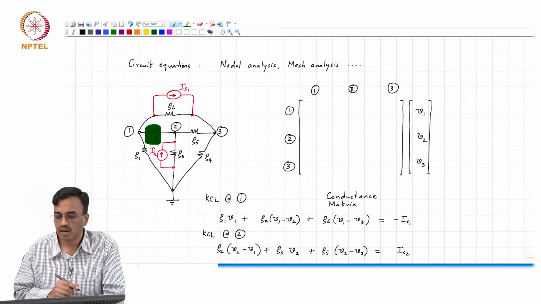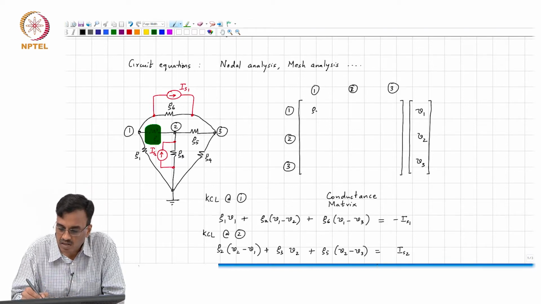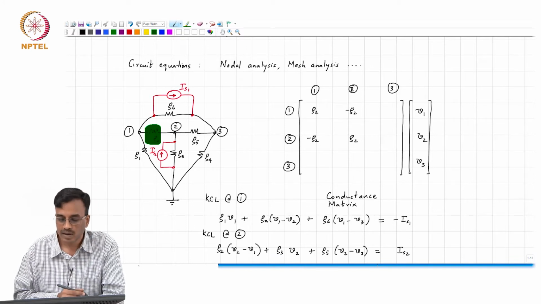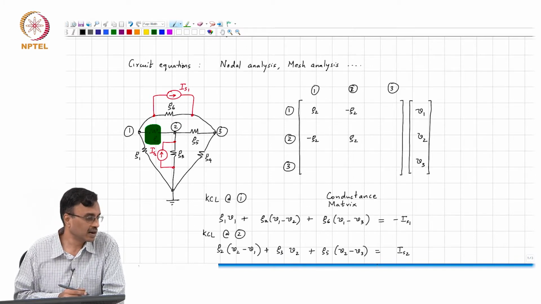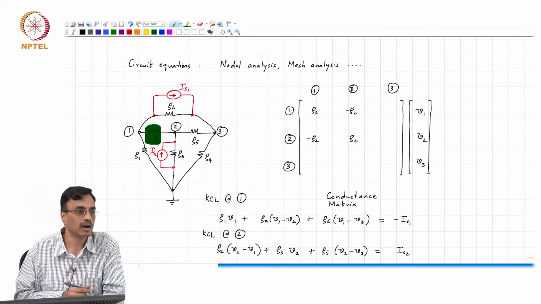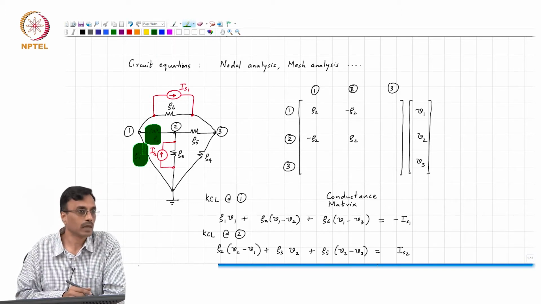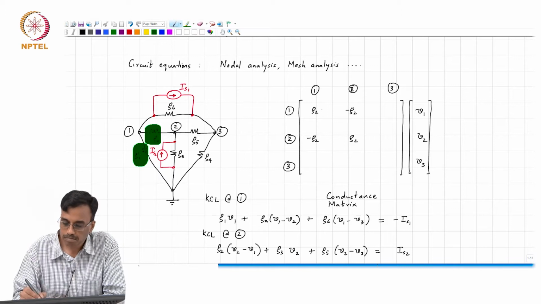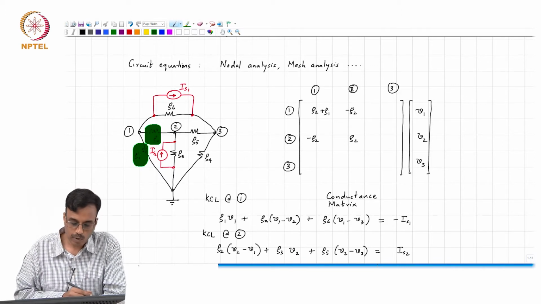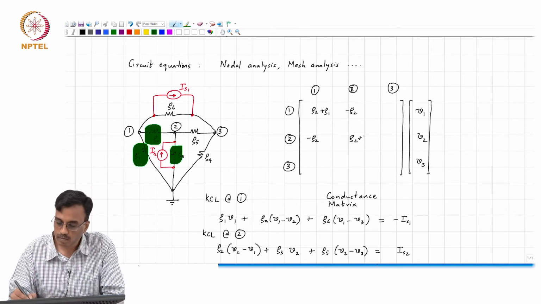It will appear in the first 2 rows and in the first 2 columns, and as you can see, it must be G2, minus G2, minus G2 and G2, right. And since G2 does not appear anywhere else, we can now forget about G2, we are done, right. What about G1? First row, first column. And what about G3? Second row, second column, very good.